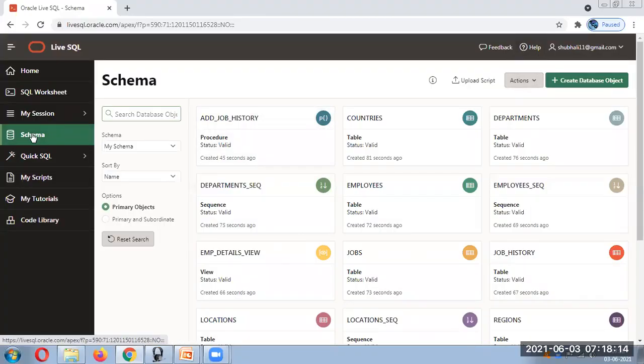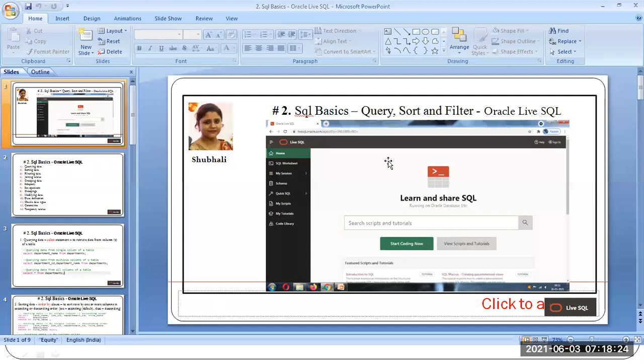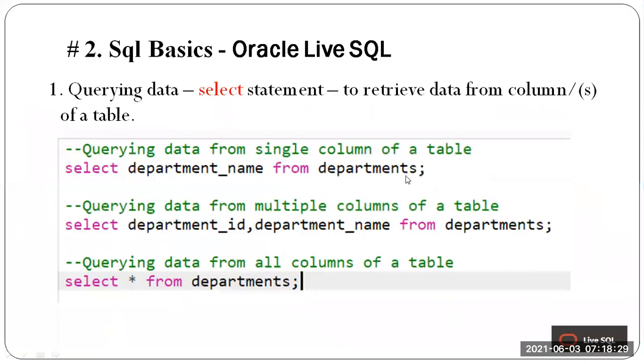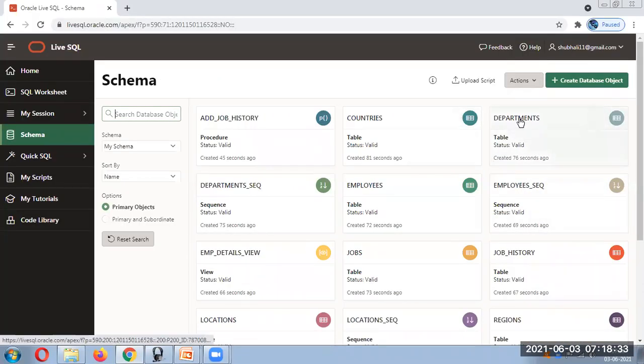Once you run the script, you will find all the tables available over here. We are going to use the departments table, which you can see is available here.